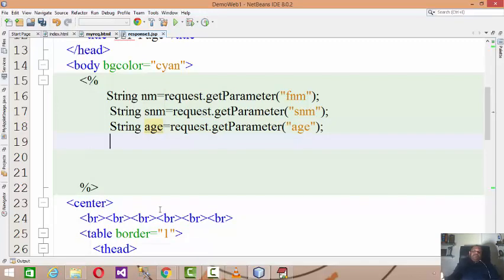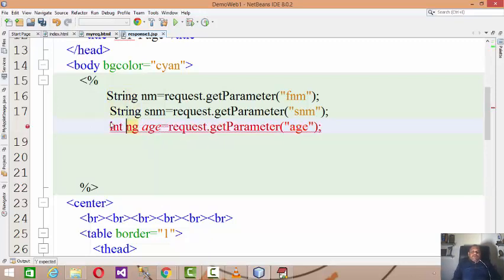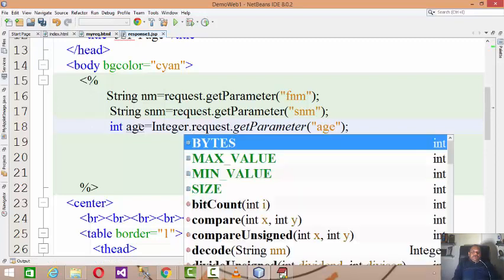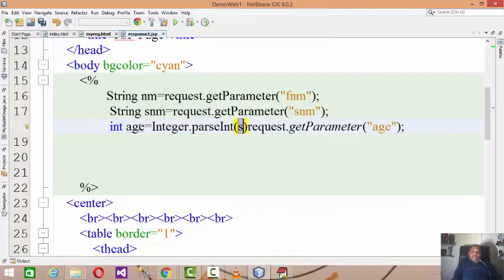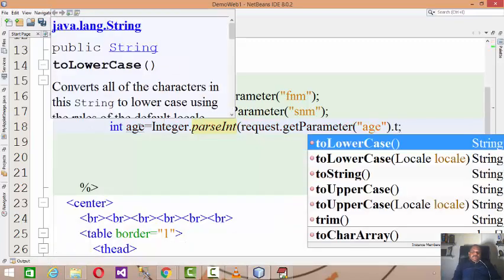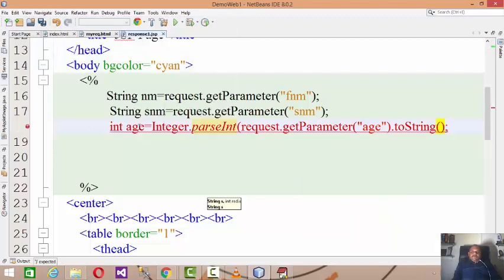But you will say that okay, age will be numeric data. Yes, you are right. So in such situations, you have to declare this local variable as an integer, and then Integer.parseInt, and the entire Java code is there: request.getParameter, okay, .toString.